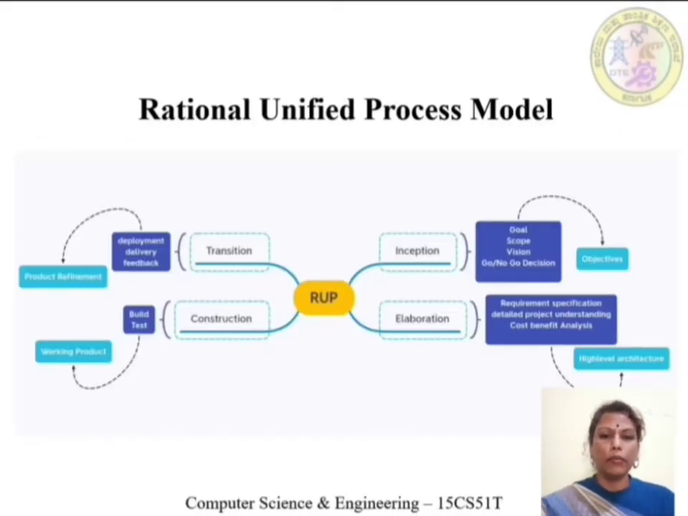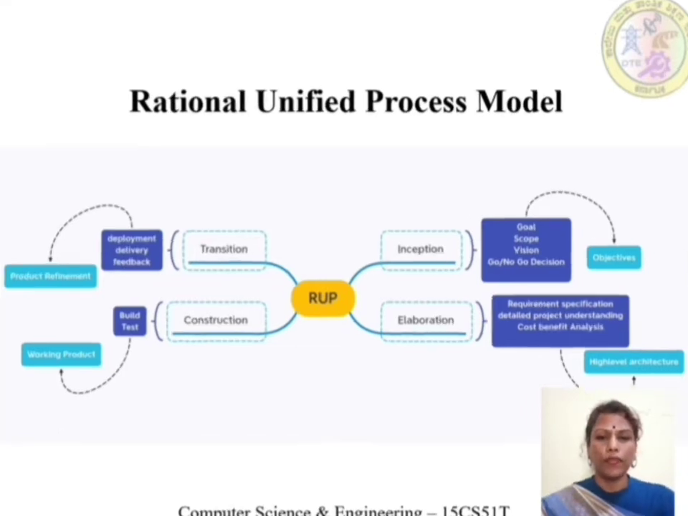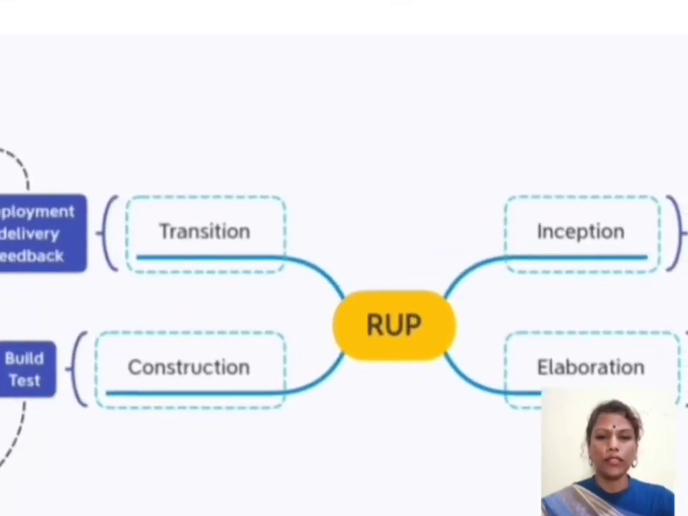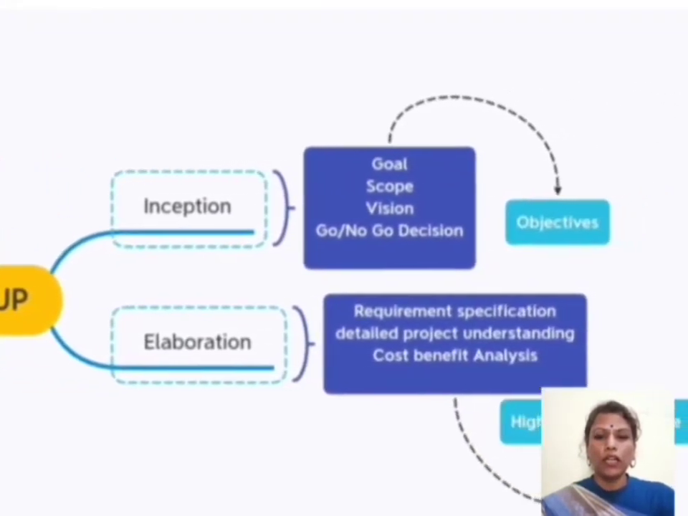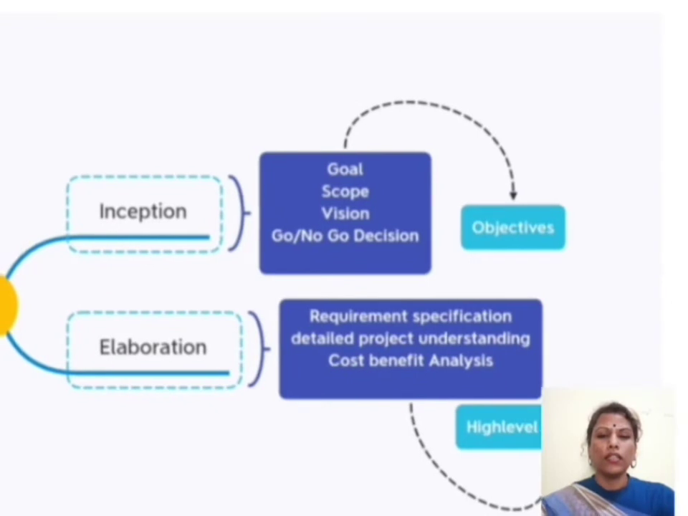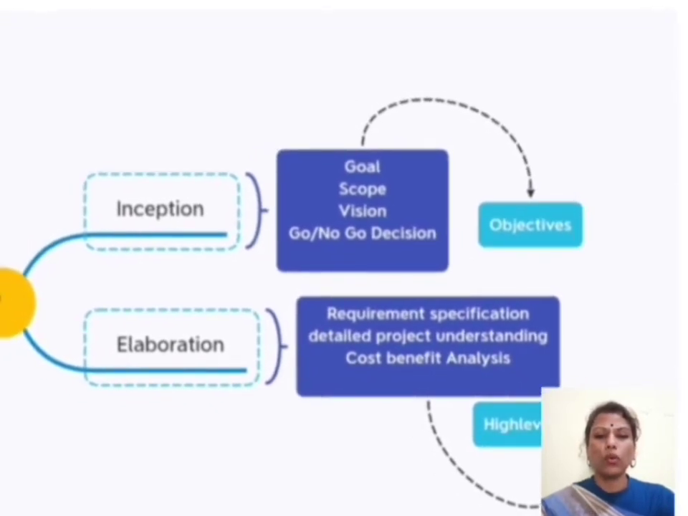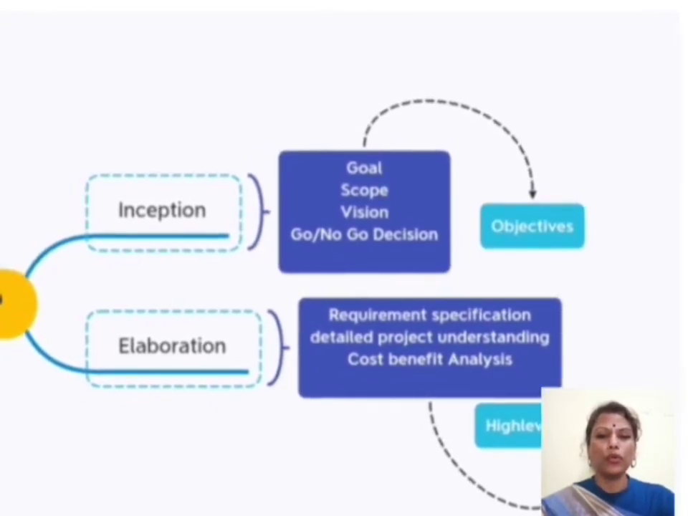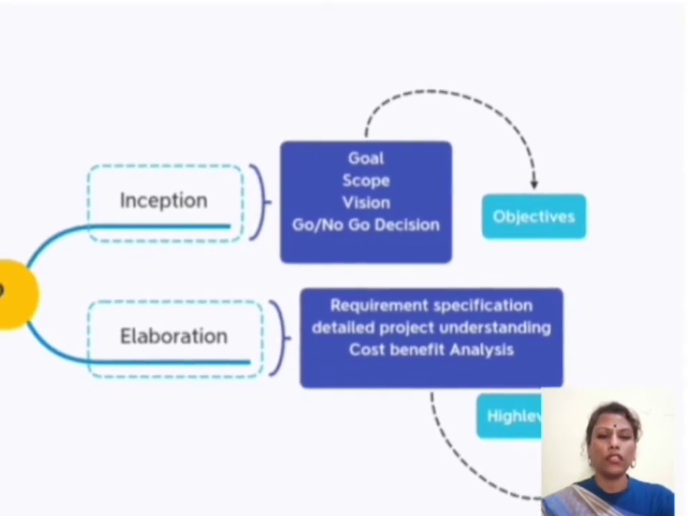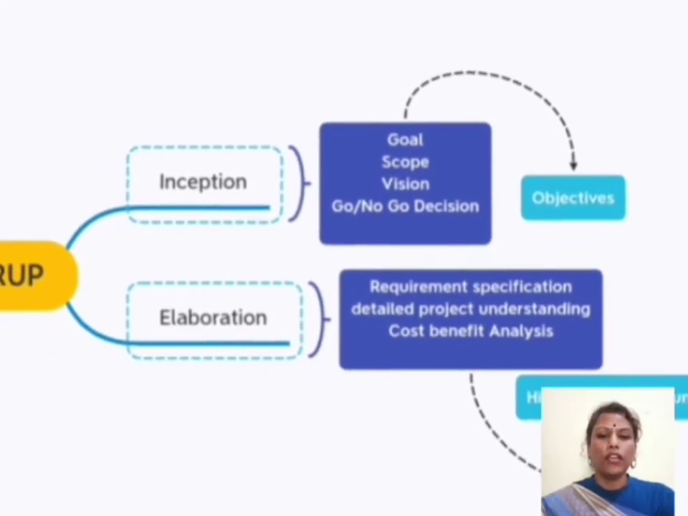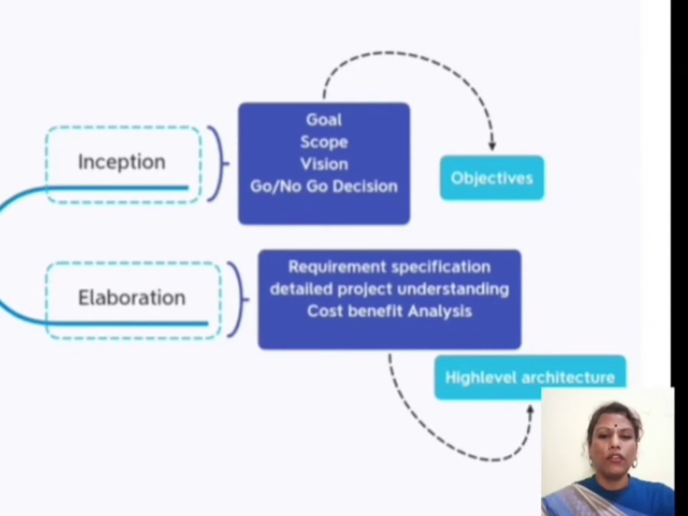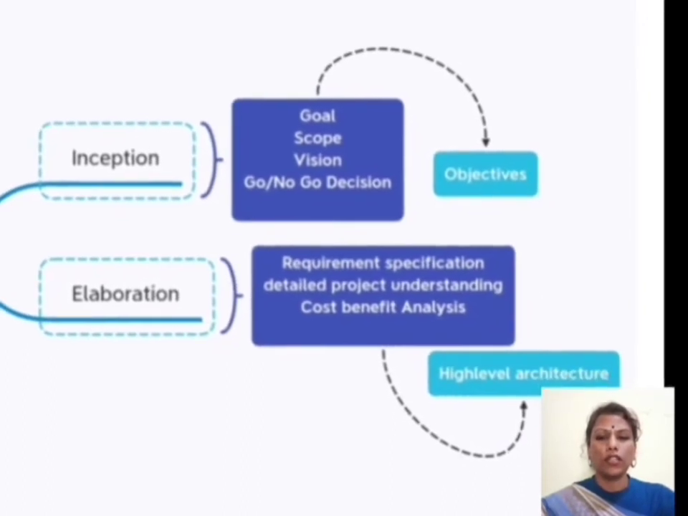Let's see a mind mapping diagram for RUP. See here, RUP has 4 phases. Inception phase has these activities: goal, scope, vision, go/no-go decision making, and the output of this phase is project objectives. And the second phase is elaboration phase, where the activities of this phase are requirement specification, detailed